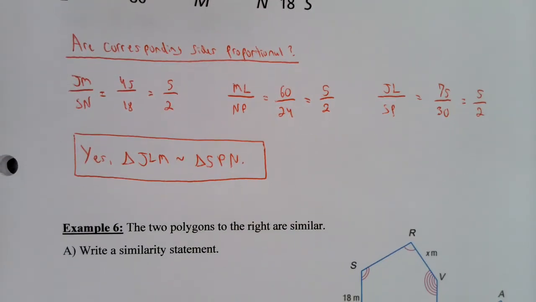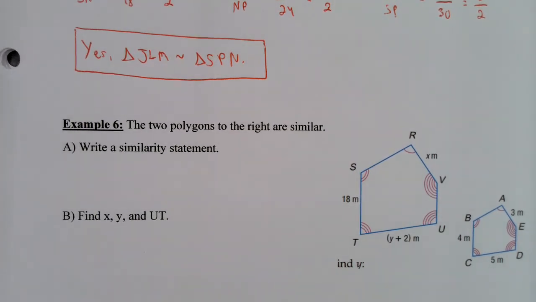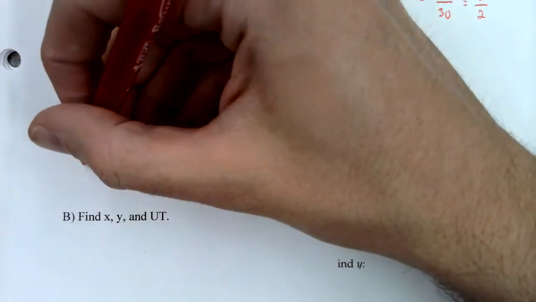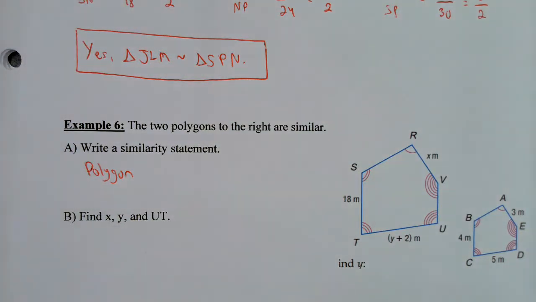Okay, we have 2 more examples. I know it's a long lesson today. The 2 polygons to the right are similar. Write a similarity statement. So you can either say polygon or you can say pentagon because there's 5 sides. I'll just stick with polygon in case you don't know the number of sides. That's fine for now. I'll say polygon